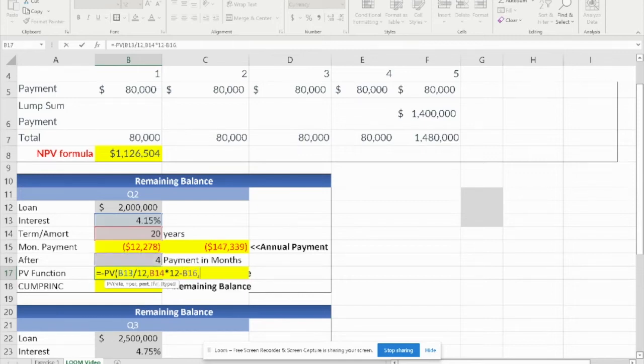And you want to hit comma, and the future value is going to be 0. Once you close paren, you should have